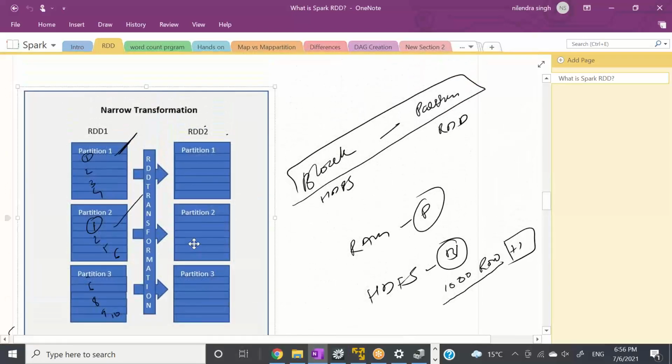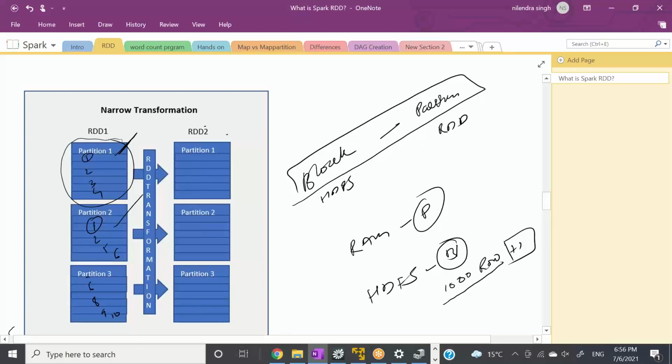The first type of transformation is narrow transformations. In these kinds of transformations, you do not need to shuffle your data across partitions. It means, let's say you need to do some filtering or some mapping. The data required for filtering and mapping is available on each partition. So you do not need to shuffle data across partitions, right? If your data is available on that particular partition, let me explain further.